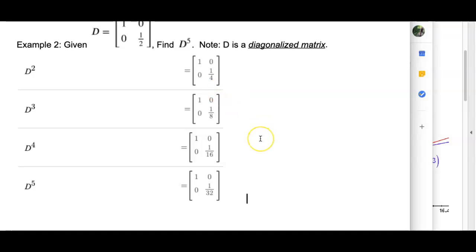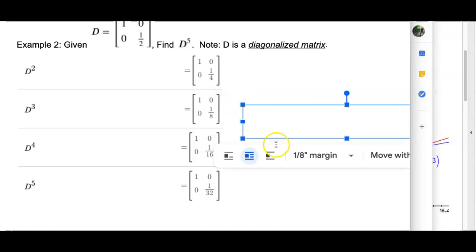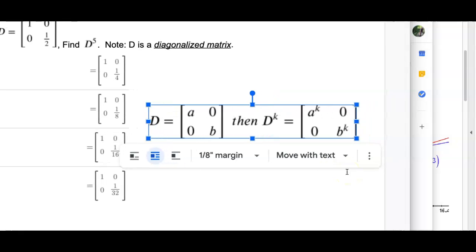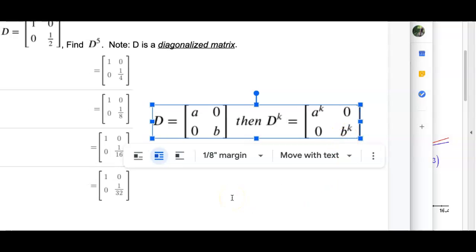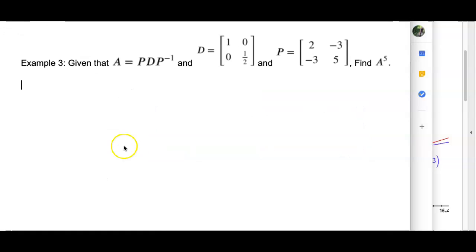that we do have. So in general, we end up with D, some diagonal matrix, and this is just for 2 by 2, but it works for all. Then D to the K is going to equal the entries raised to the K along that diagonal. Nothing else gets added. So now here's an example where I do have A and D, which are similar because